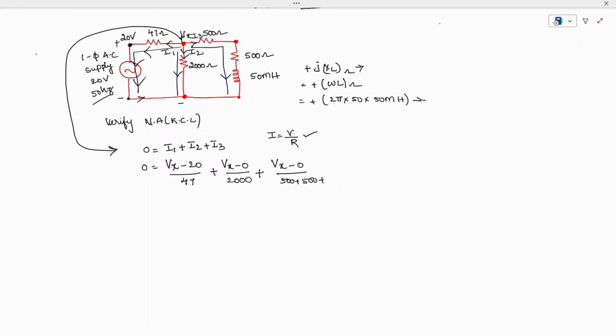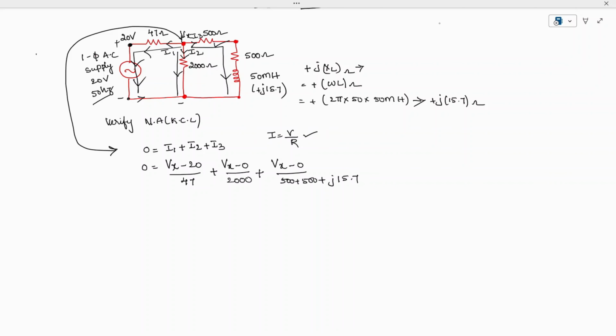Just use your calculator, and you are going to get plus j 15.7 ohms. These three elements are in series, so since they are directly resistances, I have written 500 plus 500. This is j 15.7 ohms. Just add plus j